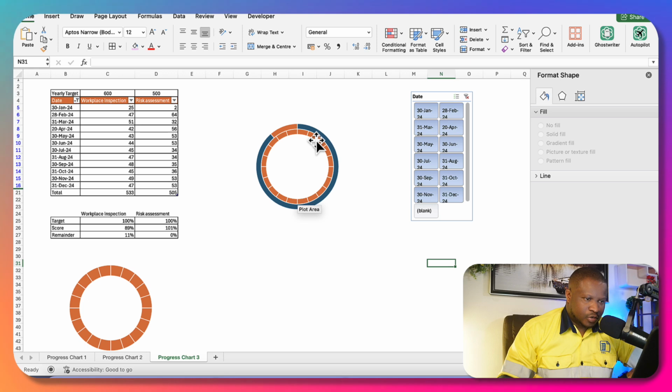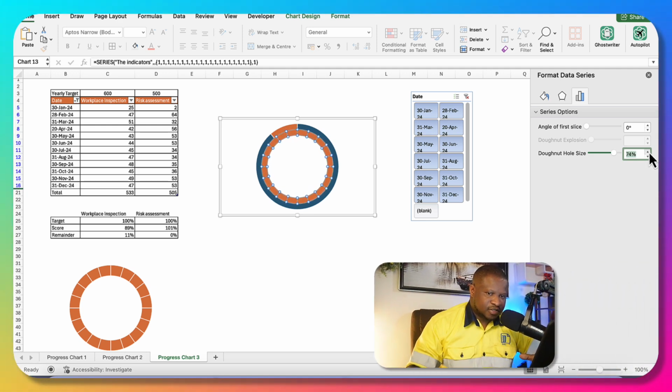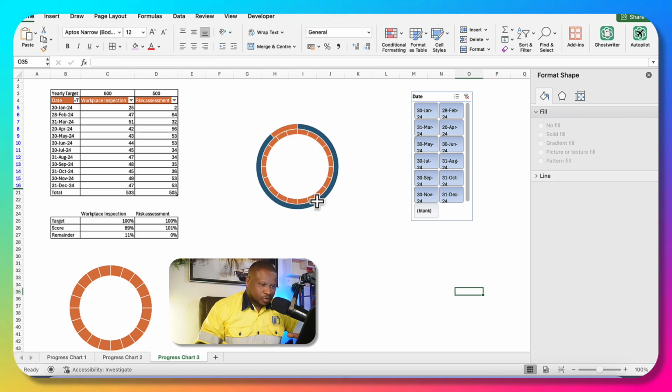Now, how do we make sure that we've merged both of them together? Because one cannot be at the top. If we reduce the size of the donut, they're all moving together. So let's try to make it how it was before. Let's say that was 80. No, not 80, maybe 70. Let's make it 75. In order to merge the two, we need to